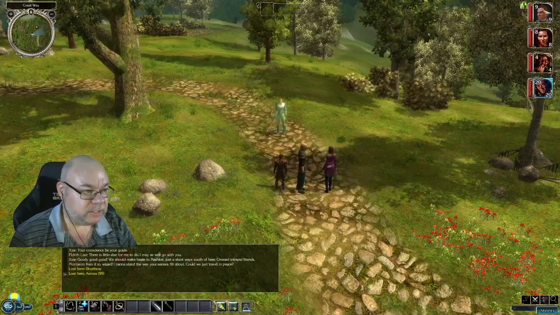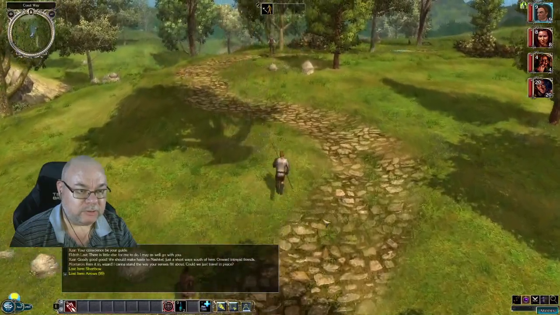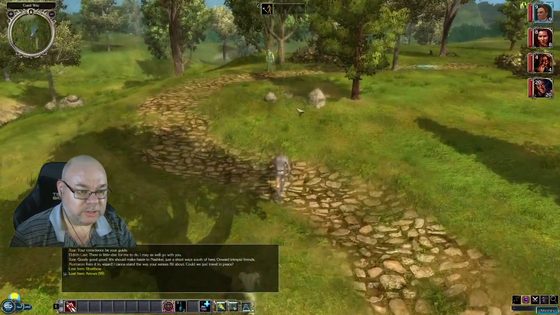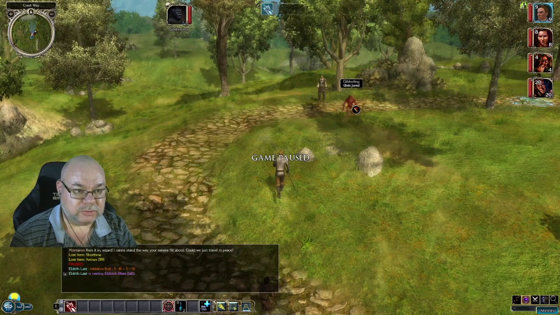So let's get him doing attacks from a distance as well. We want to go this way, talk to this guy. Oh, no, we want to...